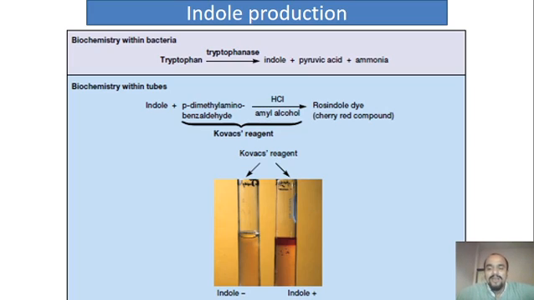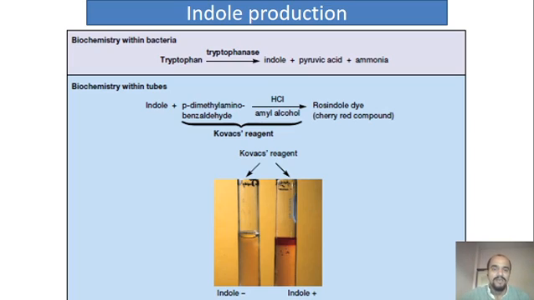So many Enterobacteriaceae members would have an enzyme called tryptophanase. So we use a media which contains a lot of tryptophan, so peptone or tryptone water is used. We inoculate bacteria and after incubation we check the activity of tryptophanase. This tryptophanase will act on tryptophan and there is a production of indole plus pyruvic acid and ammonia. Ammonia is liberated, pyruvic acid is taken for further metabolism. However, indole is a waste end product.